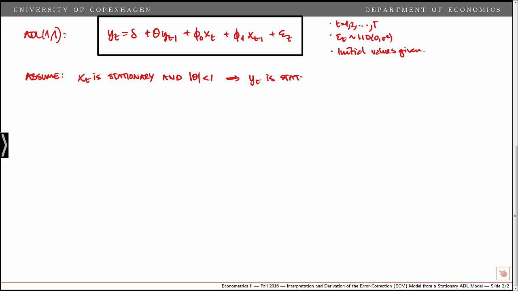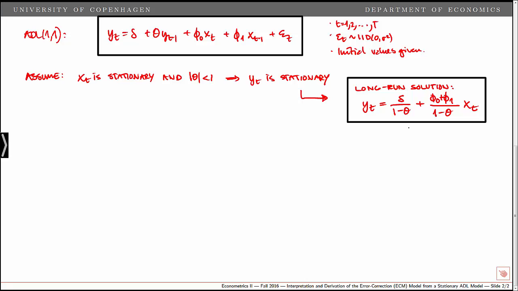is a stationary process. Recall that given stationarity, we could find the long-run solution as y_t equal to the constant term divided by 1 minus theta, plus phi_0 plus phi_1 divided by 1 minus theta, multiplied by x_t. So the long-run solution defines the steady state. This is the equilibrium relationship for y_t given x_t. We could rewrite these coefficients, call them alpha and beta, so that the long-run solution is y_t equals alpha plus beta